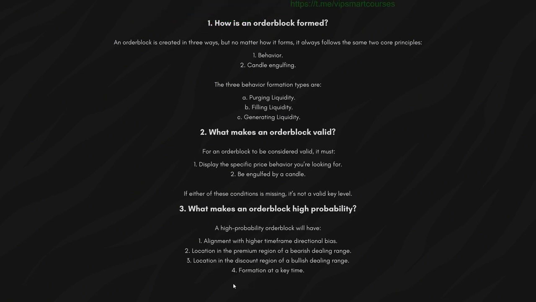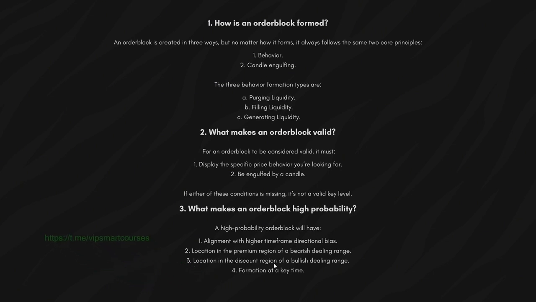Now the fifth factor that I should have written here, or the fifth quality, is that a high probability order block gets reacted to or gets tested at a key time. So if you have an order block on the 4 hour and price reacts to it at a key time like the 3 a.m. key time or 6 a.m. or 9 a.m., that also adds more probability to the order block working out,